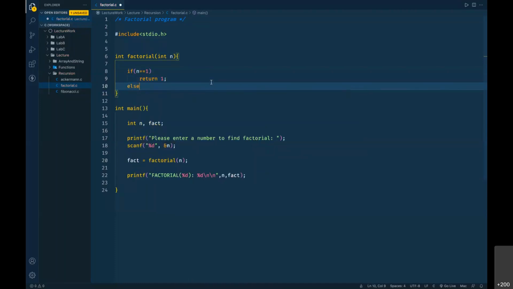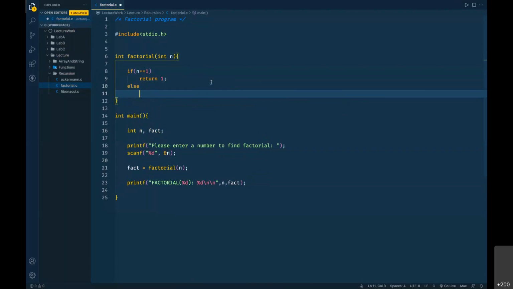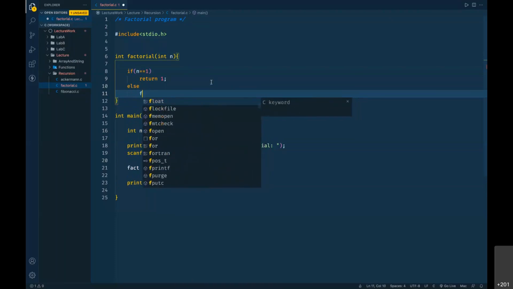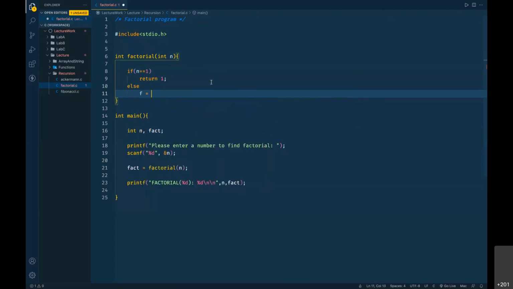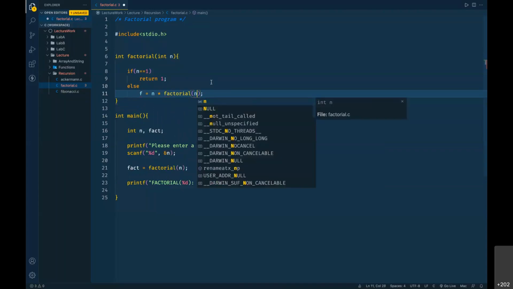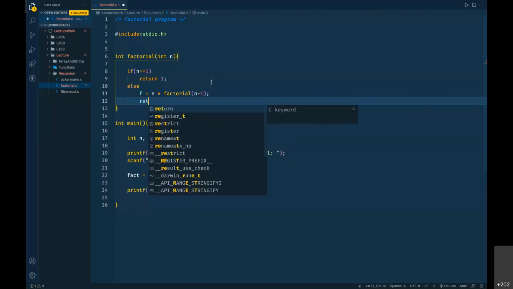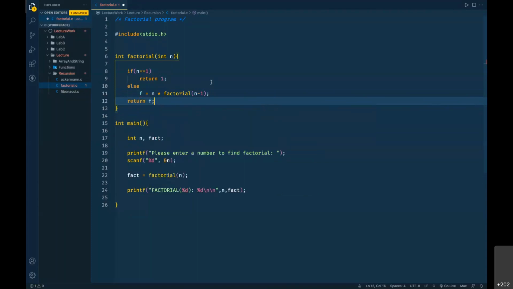Otherwise, what you'll do is you are going to calculate your factorial, or simply f, based on what? n multiplied by a call to the same function here, factorial. And at that time, you are going to pass n minus 1 as a parameter. And that f we need to return here.